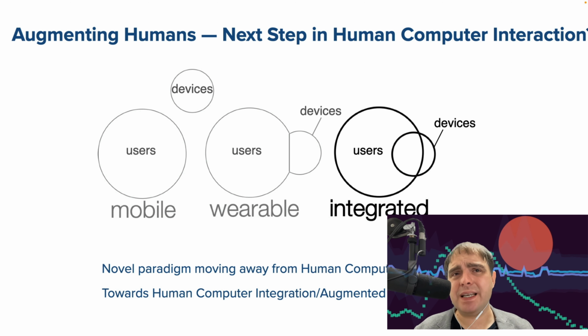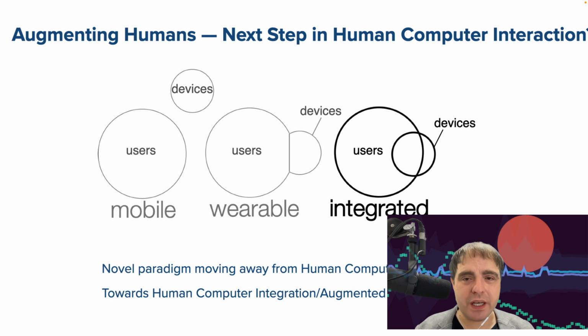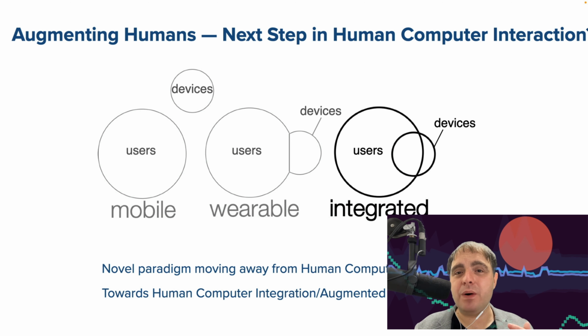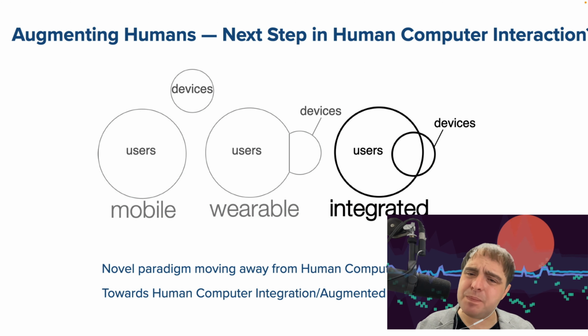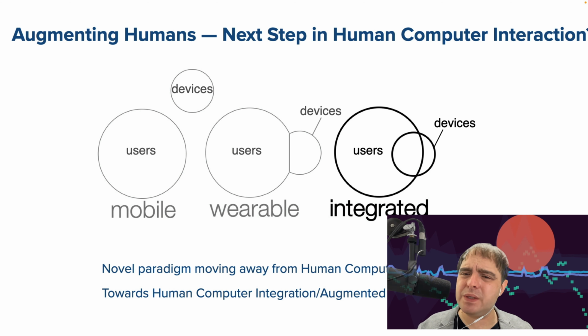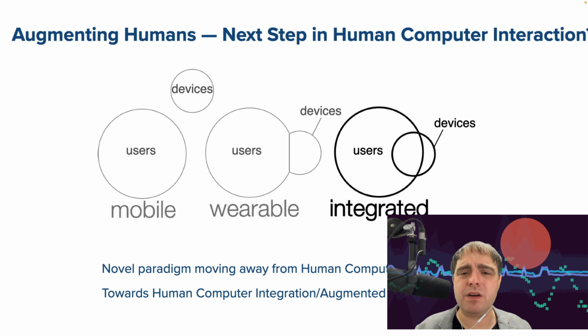And maybe a nicer example would be computational glasses that you're wearing, or sensors or other wearables that are integrated in garments, in textiles, in your clothes. So then you're wearing it, and it is part of the body, but there's still the separation between the user and the device. You can still take it off.